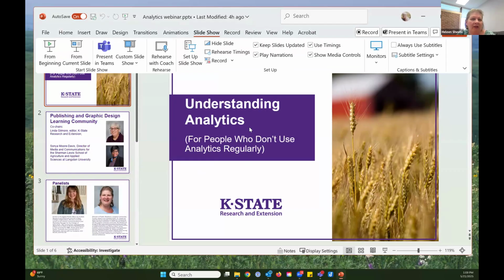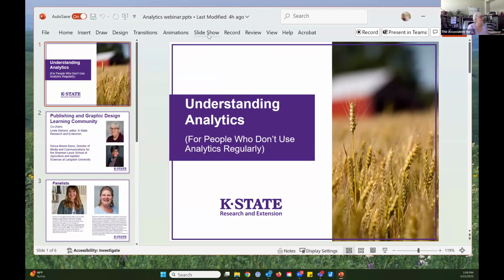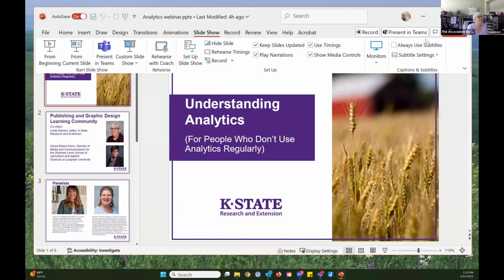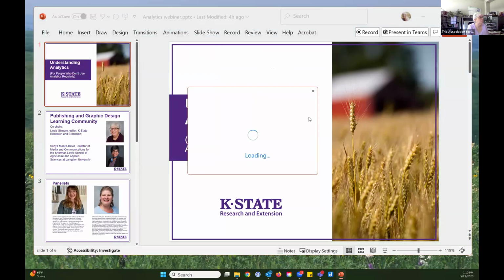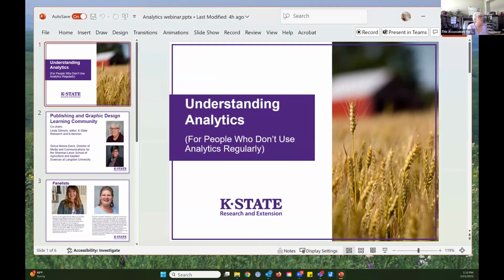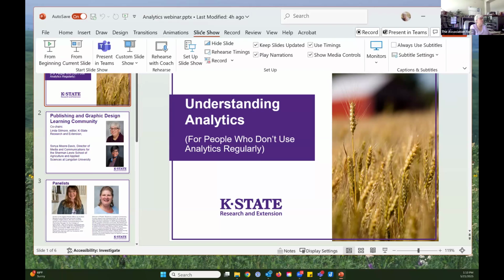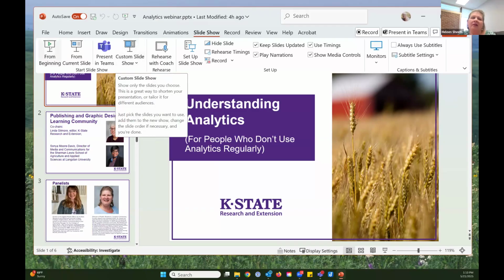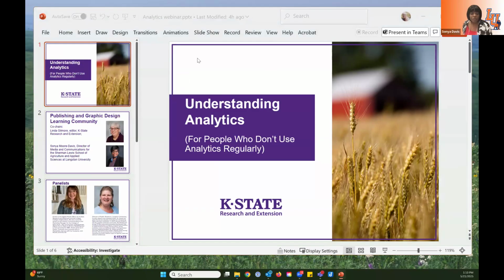It's ready for a slideshow, yes. I have to share it. Let's see if it'll work. It says I'm screen sharing. You just need to go to slideshow mode. That's what I'm trying to do. From the beginning. There we go. Okay, there we go. It just looked weird, it's just putting things up on my screen here.